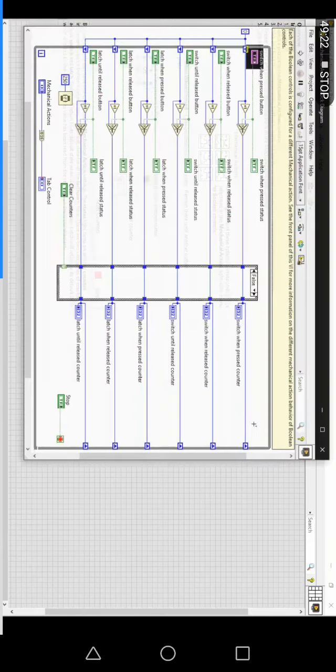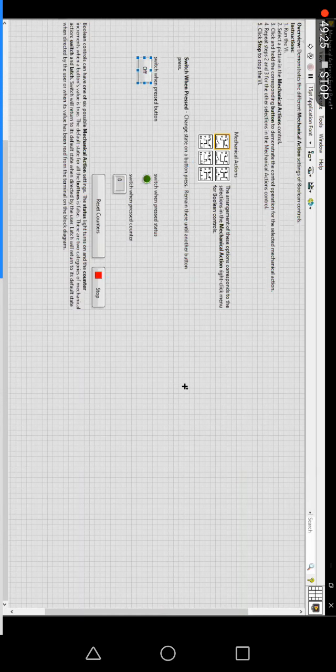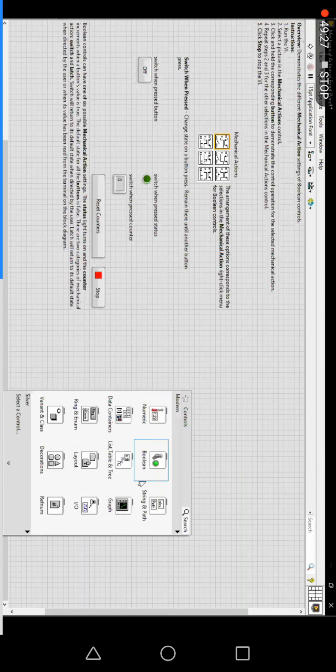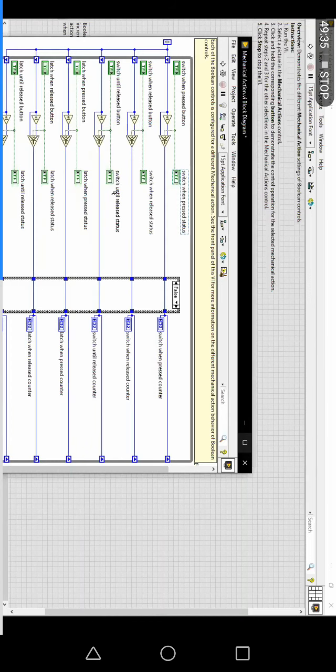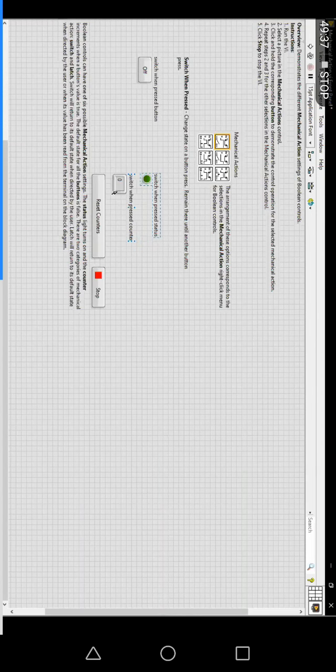Okay, so that is a one boolean control over there. Again, it's a normal push button. That's a one boolean control, and an indicator will be available to tell what is happening there. Then you have one counter available to count how many times the LEDs keep on glowing, to make a counter over there.